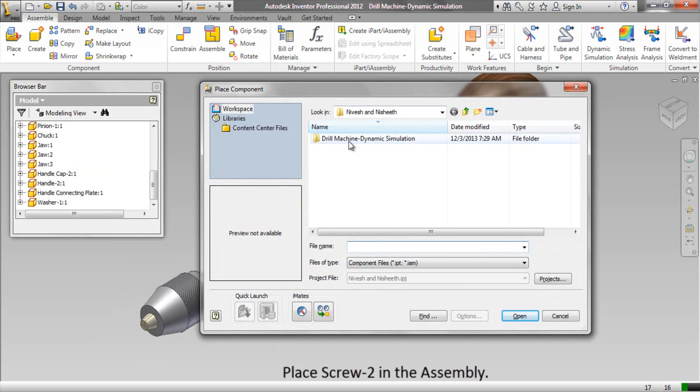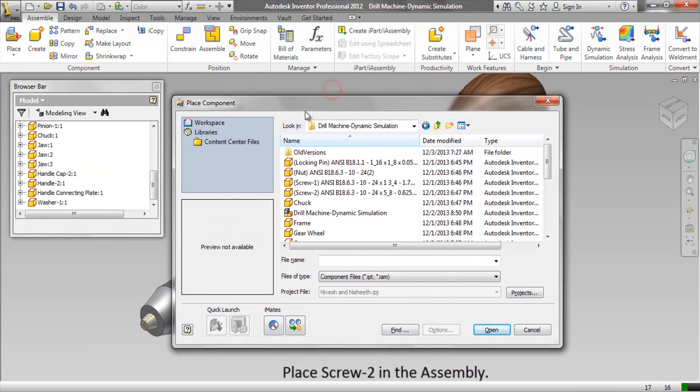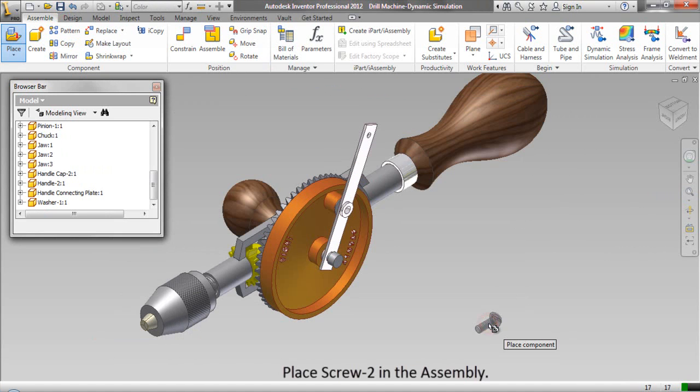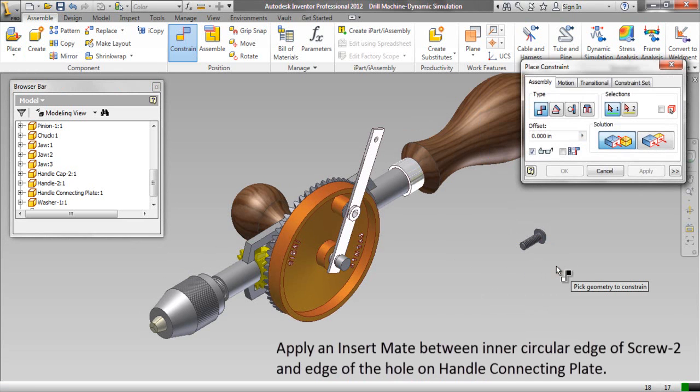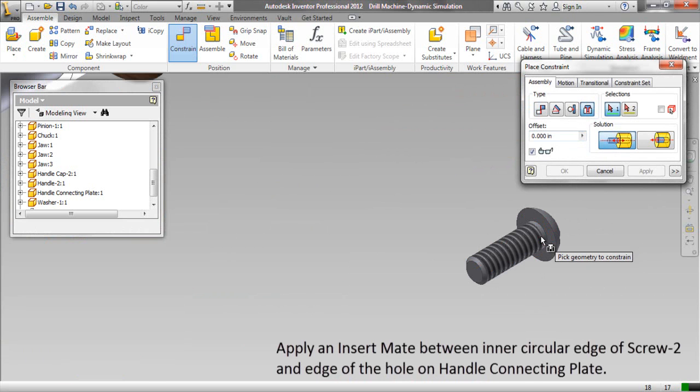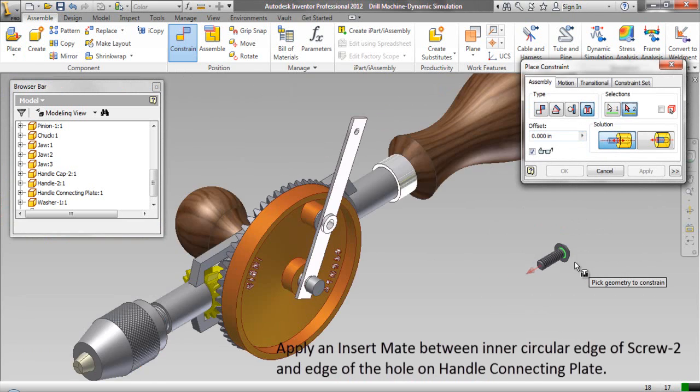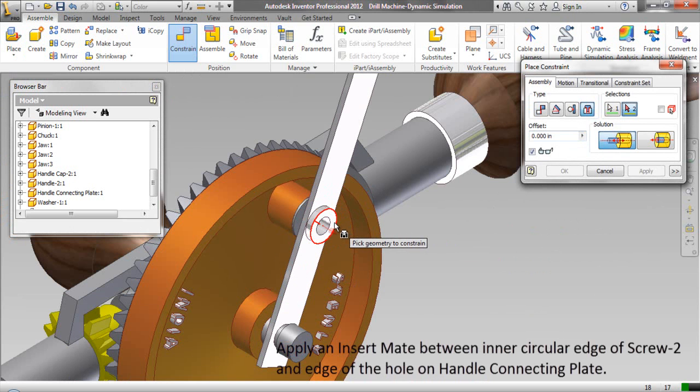Place screw 2 in the assembly. Apply an insert mate between inner circular edge of screw 2 and edge of the hole on handle connecting plate.